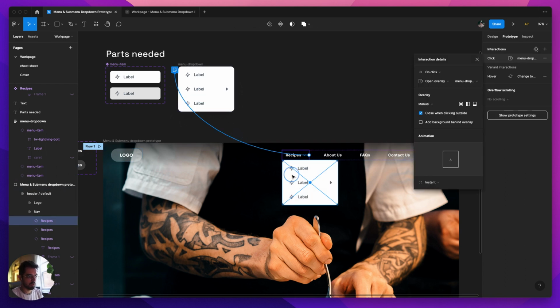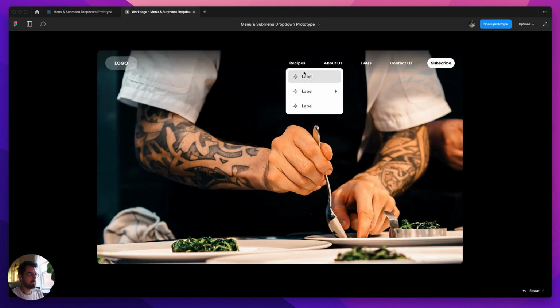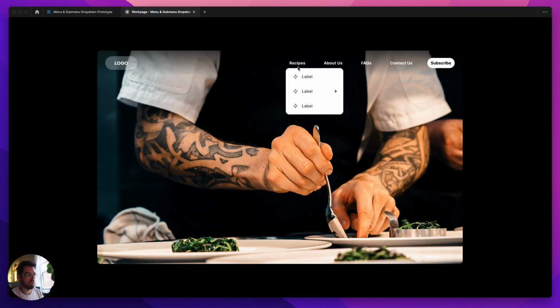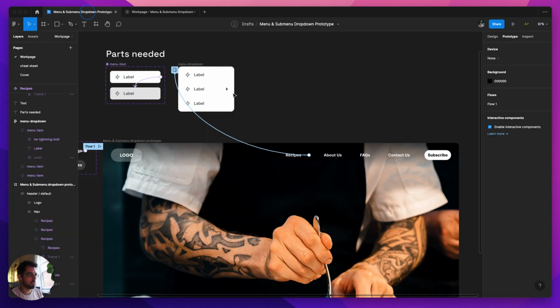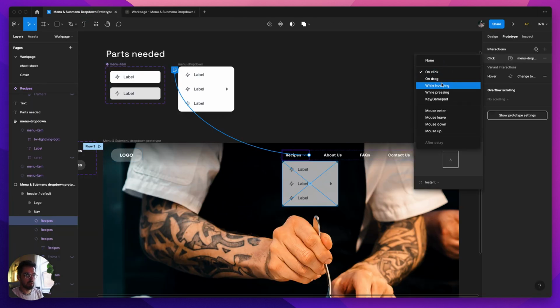That actually works really nicely. But actually this was supposed to be on hover. Yeah, so on click is actually fine, but if you want it on hover,